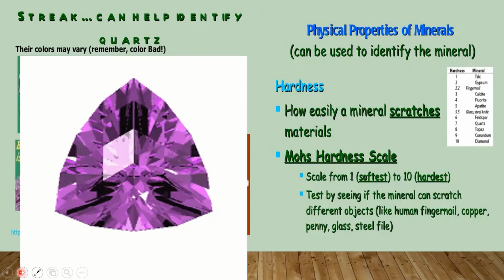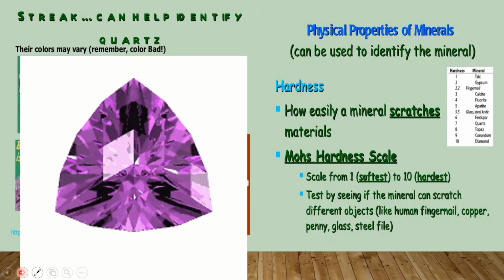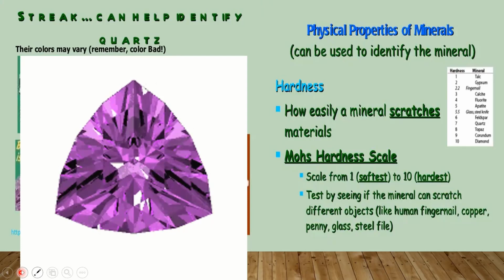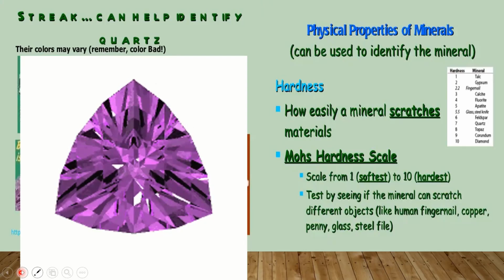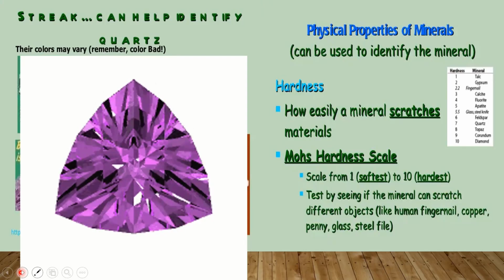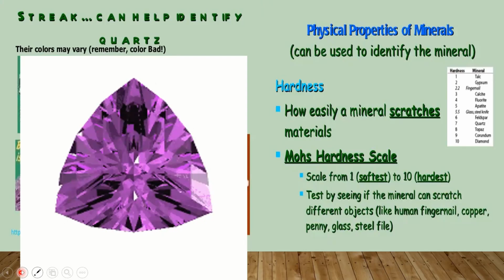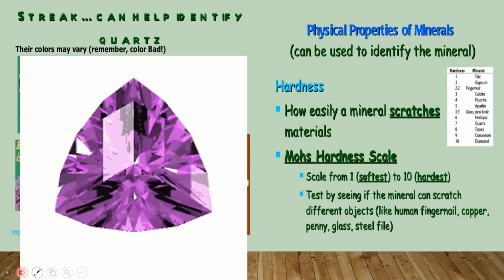This scale ranges from 1 to 10. 1 is the softest and 10 is the hardest. We just see whether the mineral can scratch different objects like a human fingernail, copper penny, glass, or steel pipe. Now, basing on this scale,